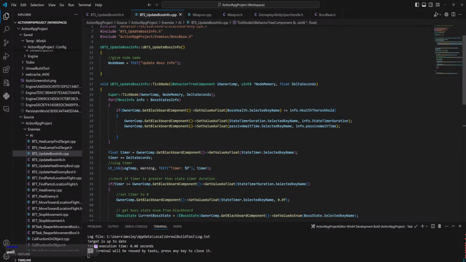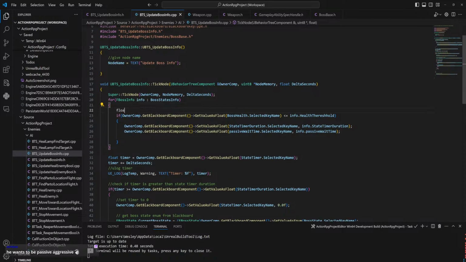We go back to the code. If boss health is less than or equal to the health threshold, which it should not be. But we're gonna do a thing here.